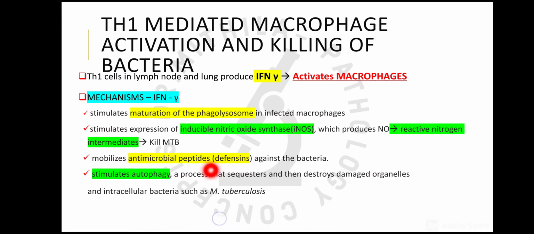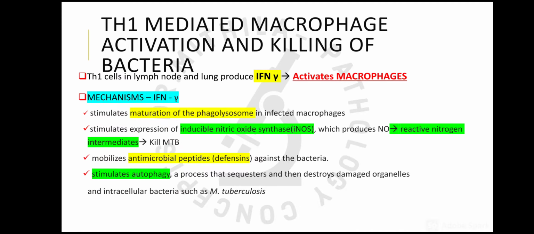Thirdly, it will mobilize defensins, which are antimicrobial peptides, against the Mycobacterium tuberculosis. Lastly, it will stimulate autophagy, through which the intracellular organelles which are infected by MTB and the intracellular bacteria which are present in the cytoplasm will get killed. So these are the 4 mechanisms which play a very important role, and they are quite effective in combating the